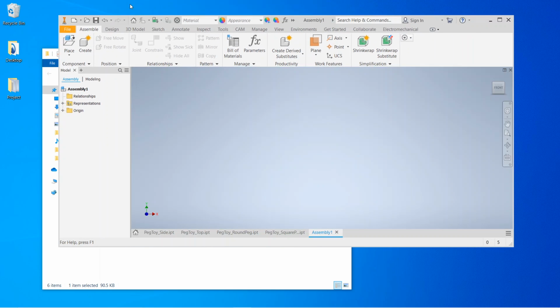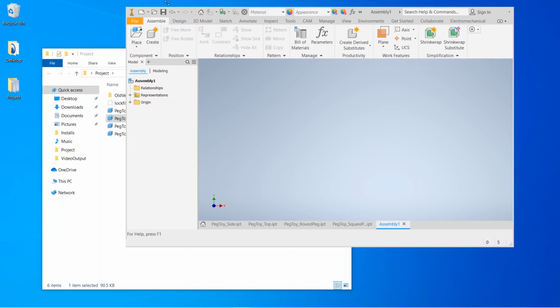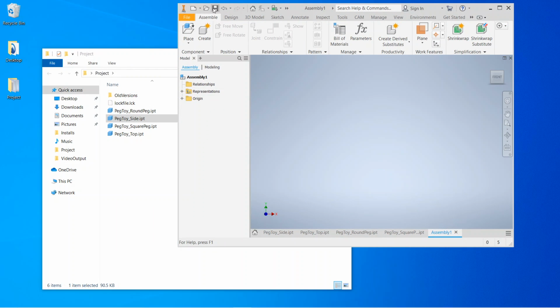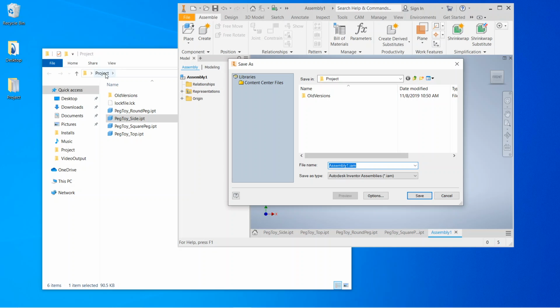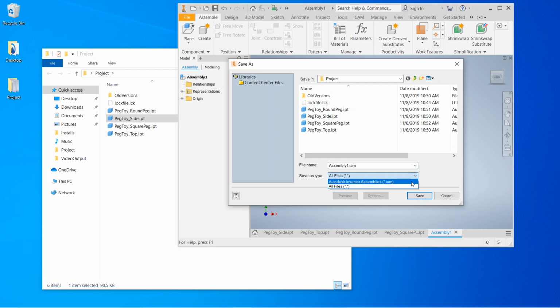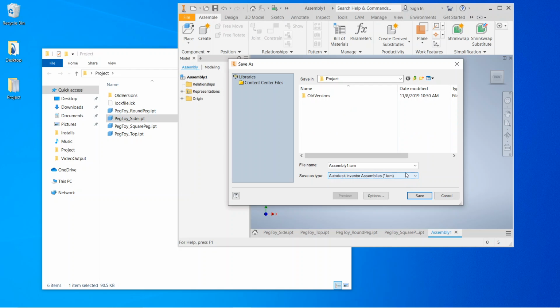So basically I'm in an assembly, right? So in Windows, what happens is if I go save right now, see how I'm in project and see how there are IPT files? Windows only shows you the type of file that you're saving as. If I go to all files, see I can see the IPTs now. But I'm saving this as an assembly, a .iam file, so Windows by default just doesn't show me the IPTs in there, okay? So if I'm trying to use my trick of clicking on it to get my file name, it's not going to work, right? So I'm going to call it pegtoy